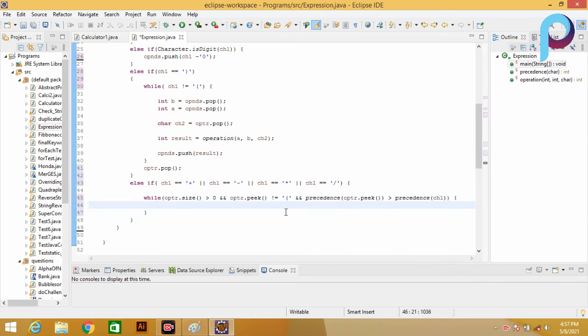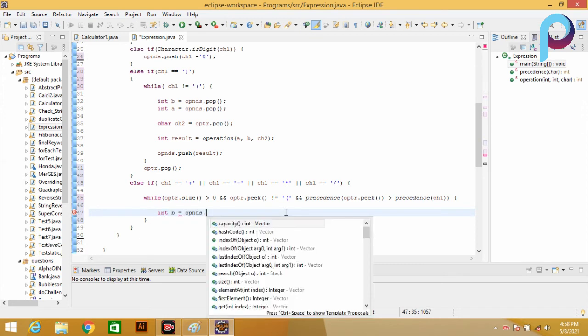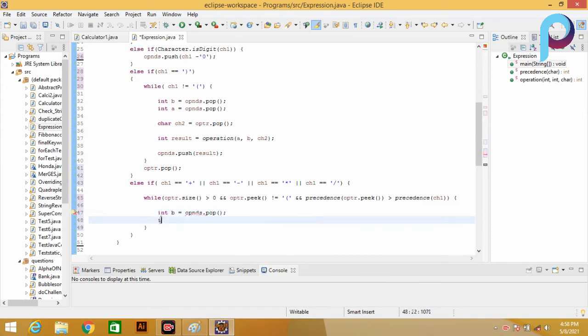Okay, then if the precedence of the operator is greater than the precedence of ch1, then we have to perform the operation: integer b equal to operand.pop and integer a equal to operand.pop.